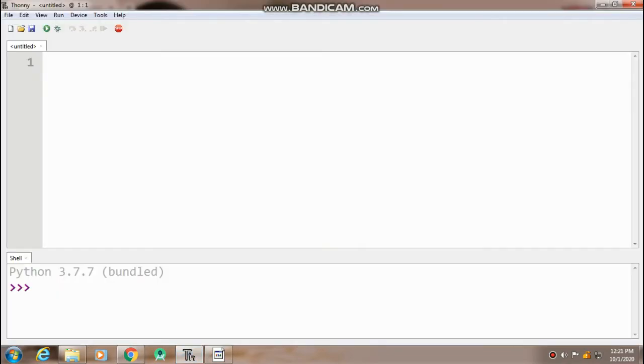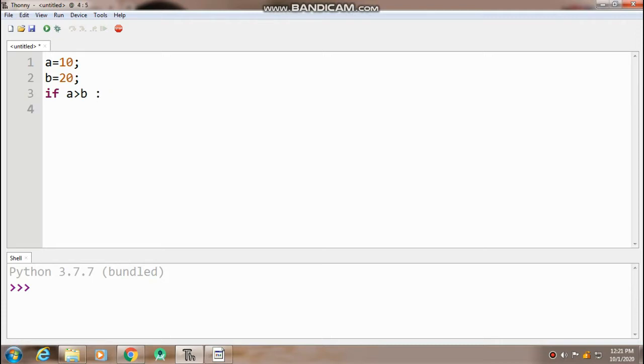Let's say I have a number a is equal to 10 and another number b is equal to 20. Next, I simply want to check whether a is greater than b or not.